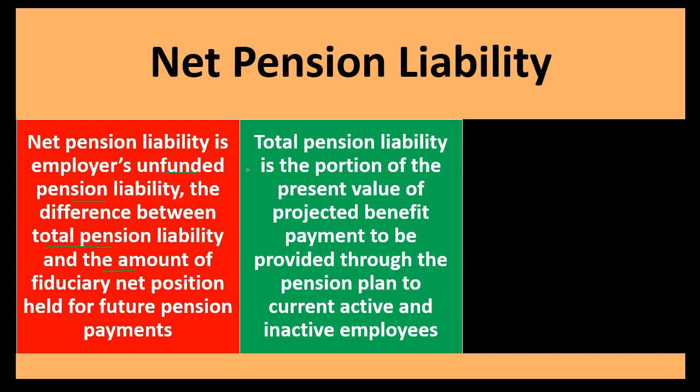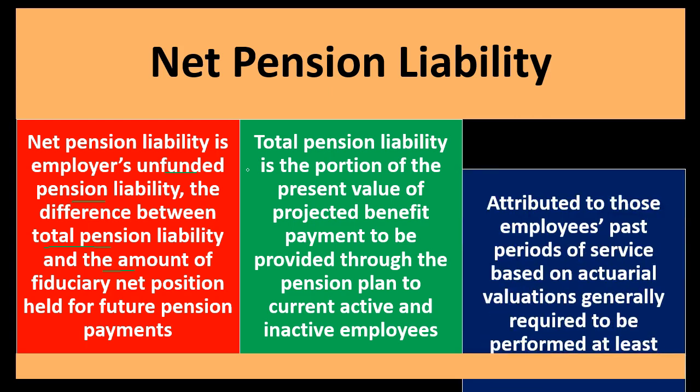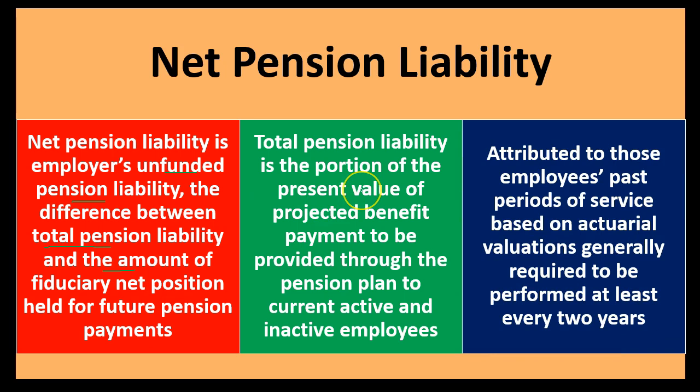That's what the liability is: what's going to be paid out to the active and inactive employees in retirement sometime in the future, attributed to these employees' past periods of service,